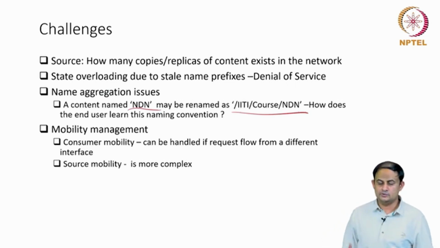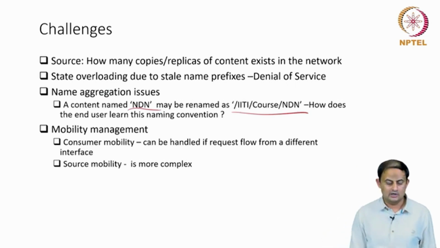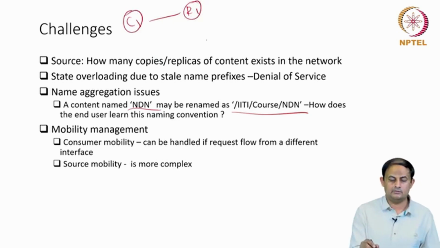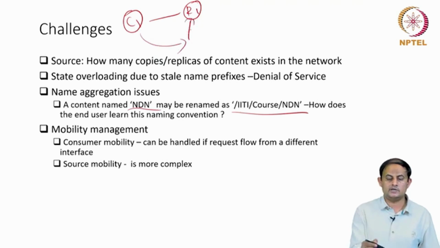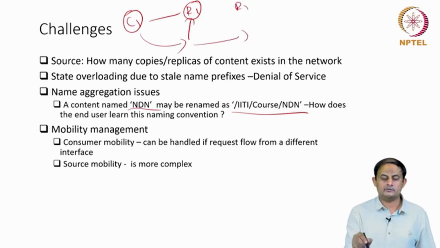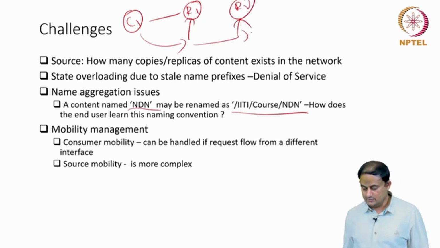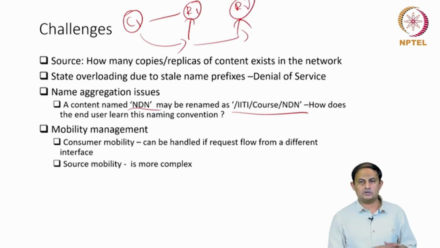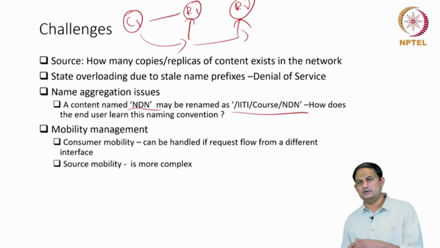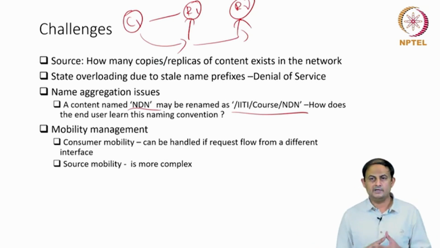Now, if the same user is walking or moving in the ICN paradigm, how does that look? Consumer 1 is connected to the router R1, and as he moves, he might still be connected to R1 itself, or he might be connected to another router R2. If he is connected to the same router R1, not necessarily on the same interface as previously but on a different interface, he might be making the request.